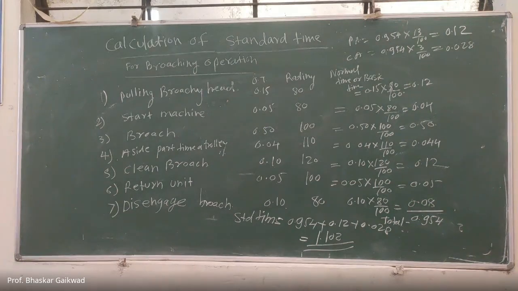Okay. After this, we'll go to the next part, work sampling. But before that, does anybody have any doubt related to calculation of standard time? Numerical problems might be there in your exam. It is very simple. If anybody has any doubt, you can ask. Otherwise, I will proceed to the next article, the second last article of the chapter, work sampling. Anybody having any problems? Or shall I repeat this? Or shall I take one more problem?